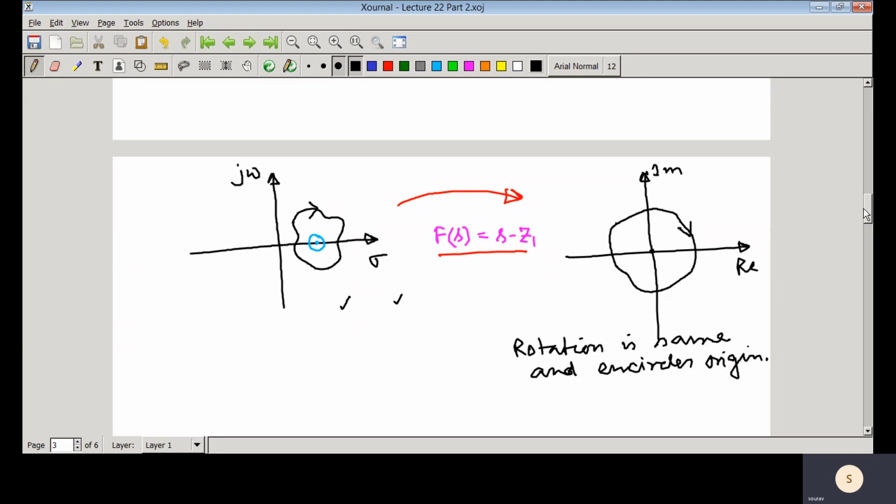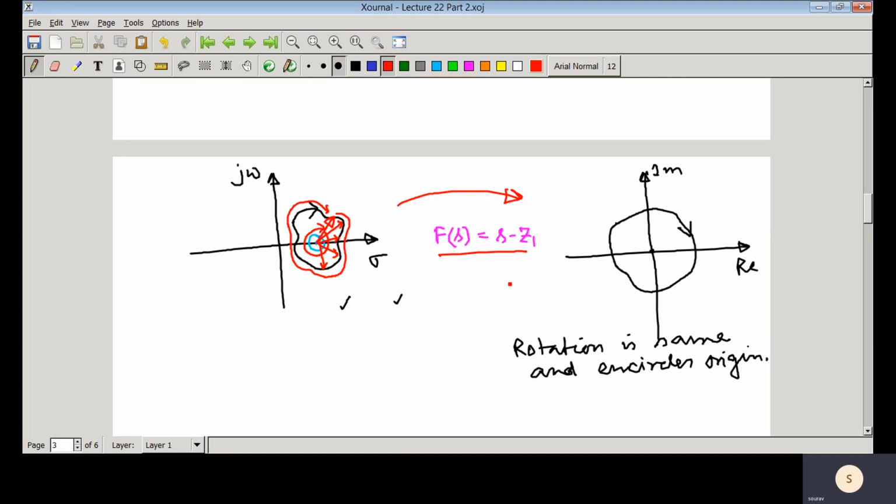So here I am just going to give you a little bit of an idea, that means why it happens like that. Here you have the origin, and if you draw a vector here and traverse along this contour, suppose you are starting from this point, then you can see that along this contour, the total angle contribution would be 360 degrees.